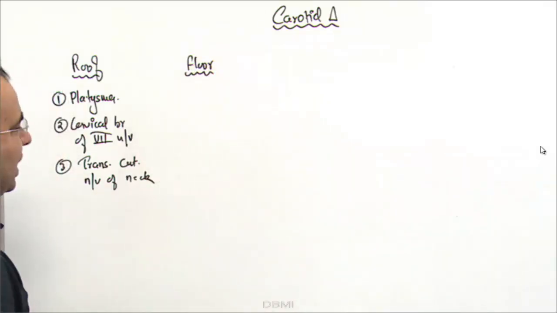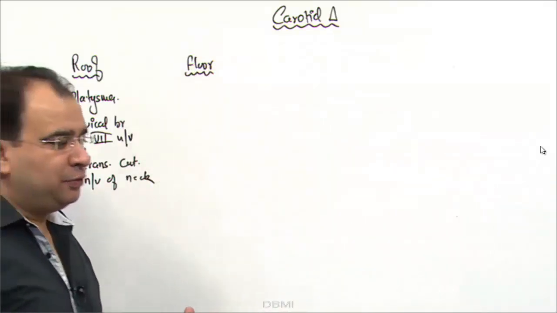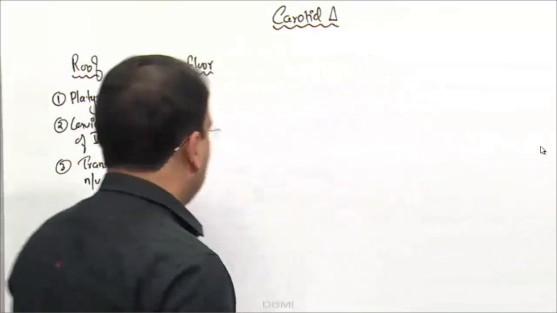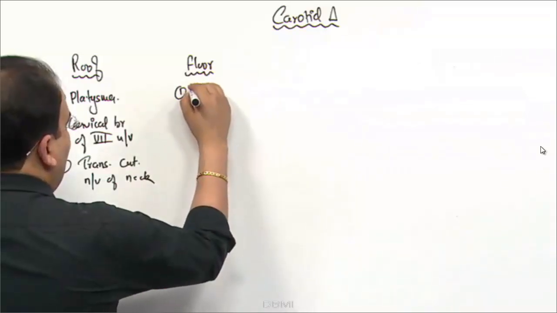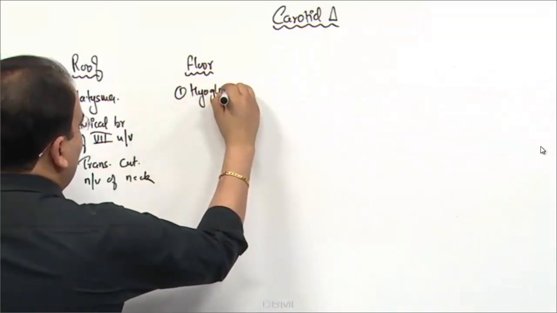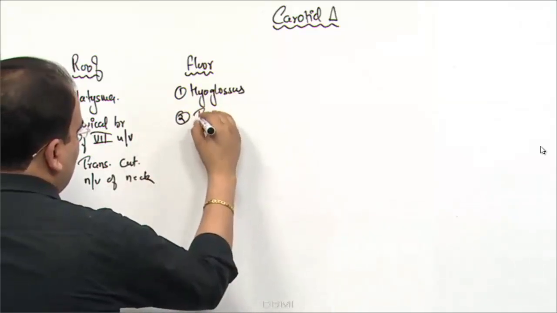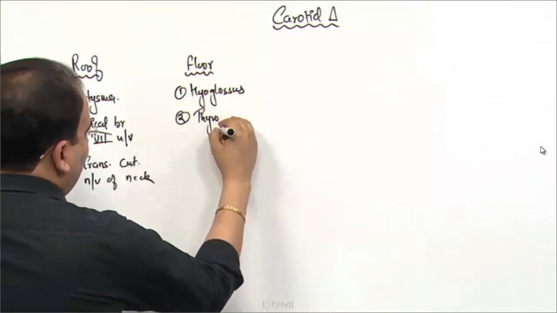Floor of carotid triangle is made up of 4 muscles, out of which 3 muscles are related to hyoid bone only. So the name of those muscles are hyoglossus. We'll talk about this hyoglossus in the next section. Hyoglossus, thyrohyoid,